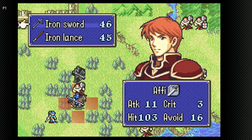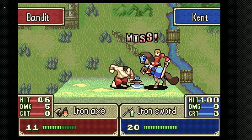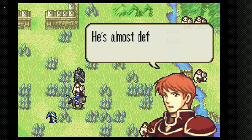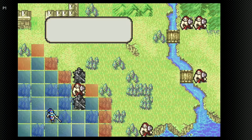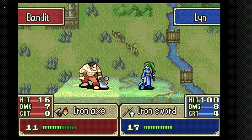Obviously, this is the prequel game to Roy's title. You play as Roy's dad, you play as Hector, you play as Lyn. You'll know these characters from Fire Emblem Engage if you're more of a newer fan. And it's great. It's great tactical gameplay, fantastic story, great GBA graphics for what the GBA can do, a variety of heroes to recruit, classic hardcore gameplay,